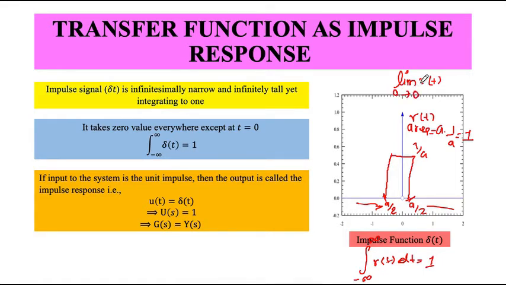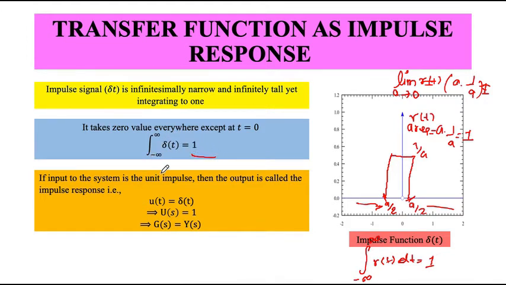Zero. Okay, and nothing changed, right? It's still the area. Limit, I will just write area 1 by a, a goes to 1. So the limit of the signal is 1. So I have this signal like this, that from minus infinity to infinity delta t is 1.